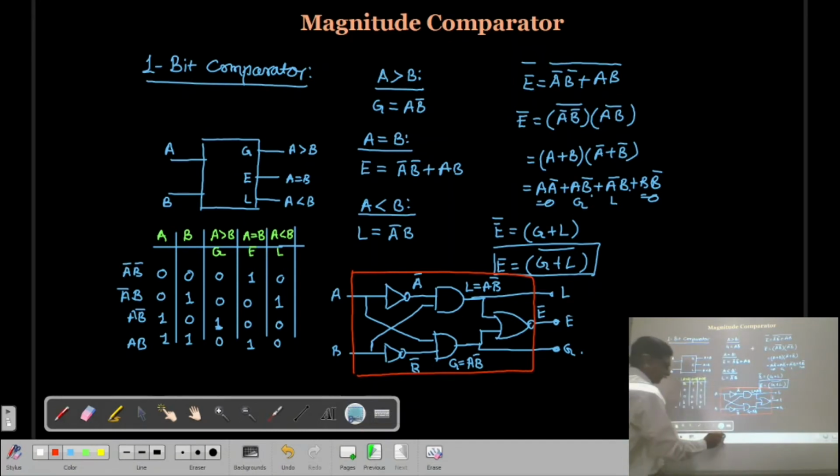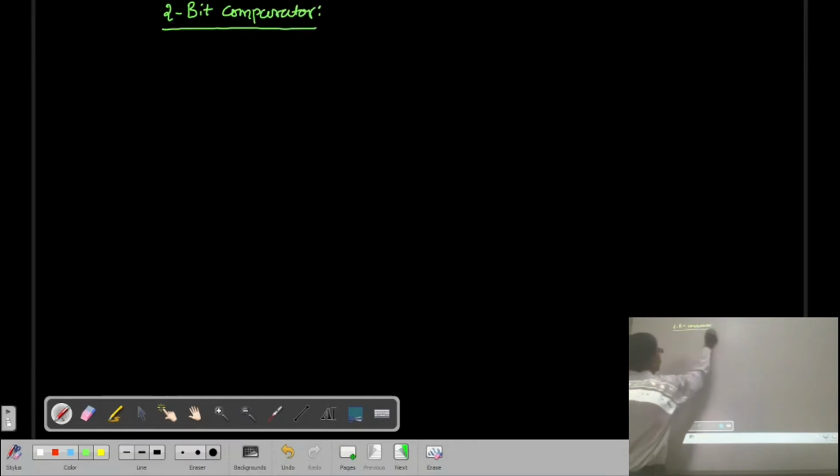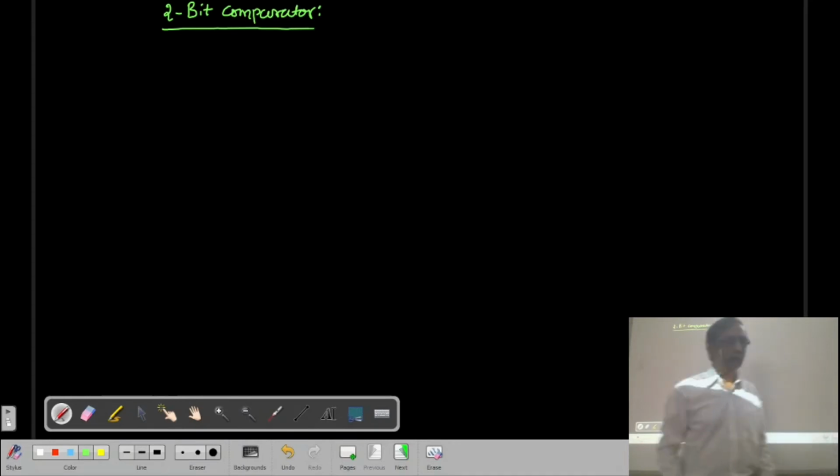Now let us see a 2-bit comparator. A 2-bit comparator means the binary number A has 2 bits and the binary number B also has 2 bits. So if we see the diagram,